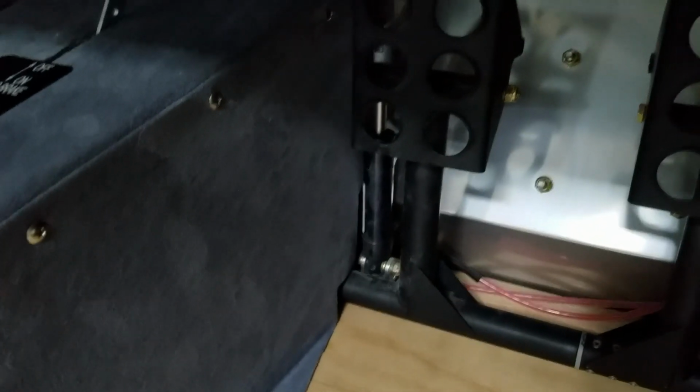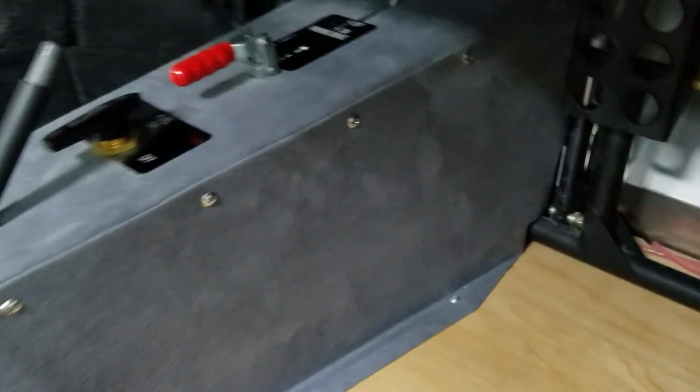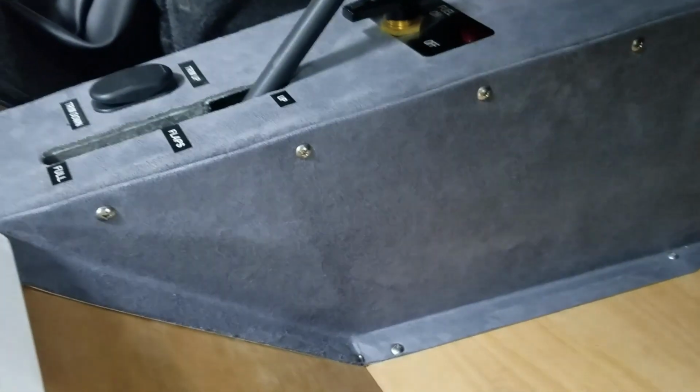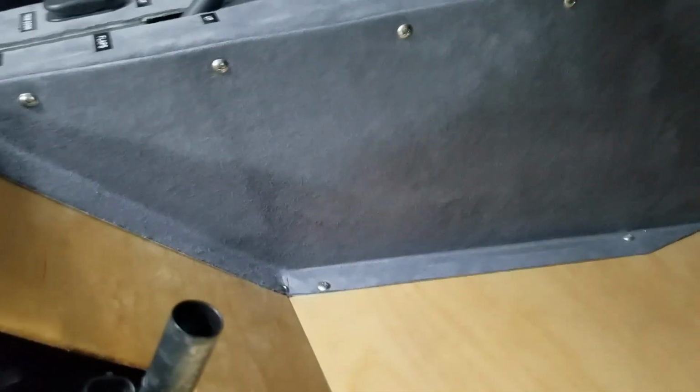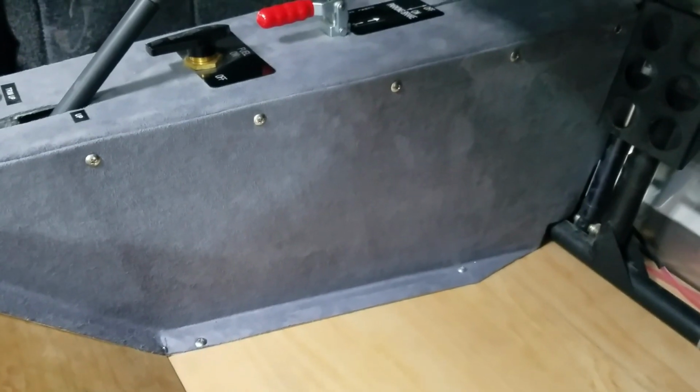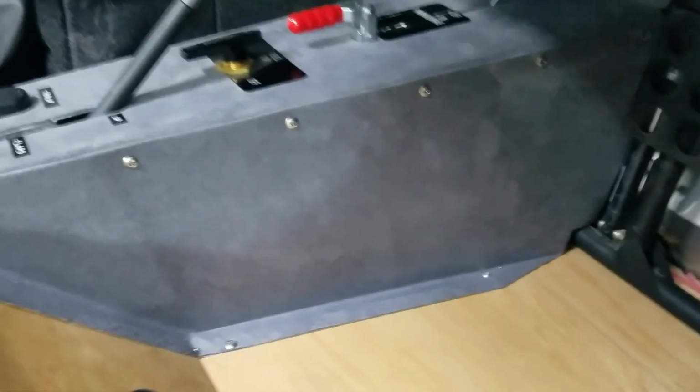Alright, that's what they look like after you get them in. Get them covered and screw them down. Finding the holes in the fabric is the hardest part to do. After you lay your fabric on there, and I folded it over the top and around the edges. I did not here because it's going to be covered with carpet. But then you have to find those holes that you made in there, and they're pretty hard to find with the covering on both sides of them. But anyway,